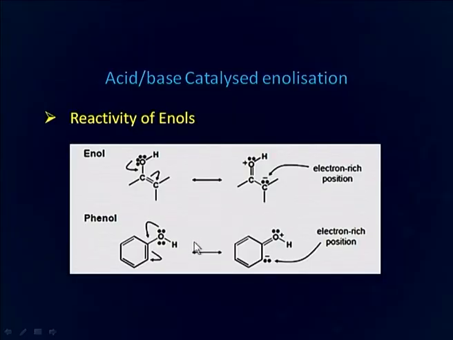We will now discuss the reactivity of enols. Enols, being electron rich, behave like nucleophile and react with electrophiles. Oxygen, having lone pairs of electrons, donates electrons and makes enols more electron rich. Phenol has its ortho and para position electron rich because of donation of electron pair by oxygen. As you can see here, this is the example of a simple enol and this is phenol. Phenol also has an ene and ol group over here, and because of this hydroxy group present next to this carbon-carbon double bond, phenol has its ortho and para positions activated.